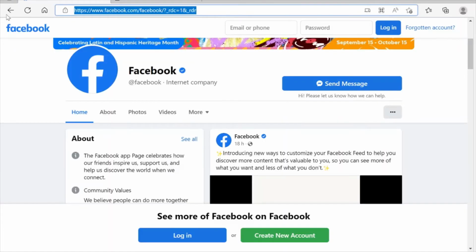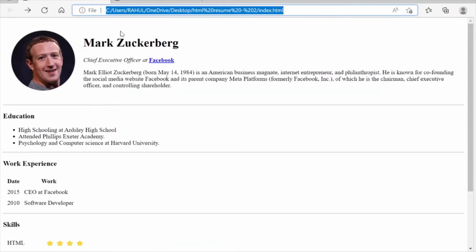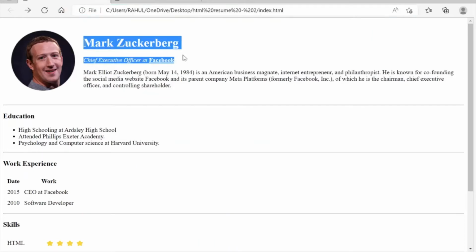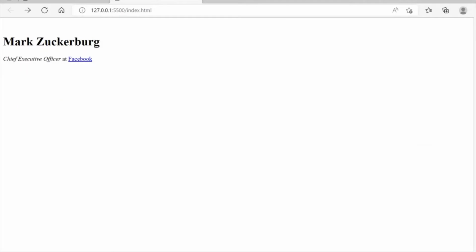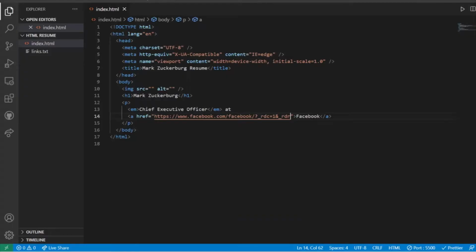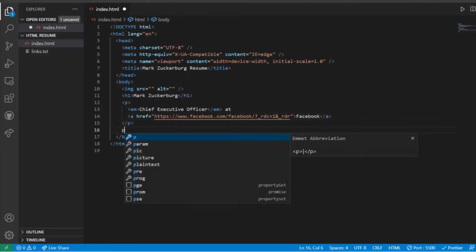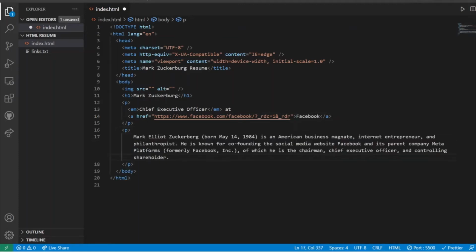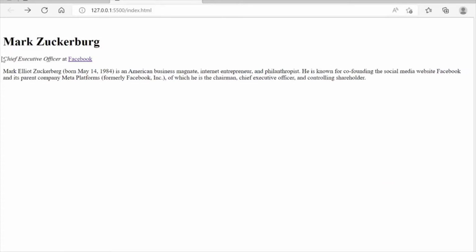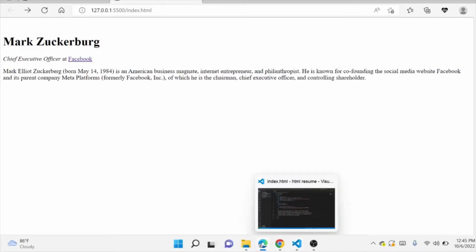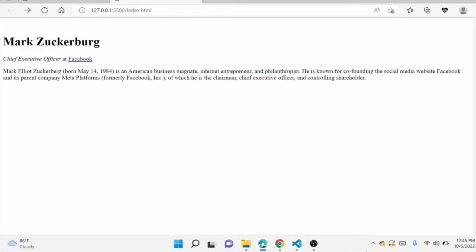So basically, let's go back to our actual site. We have achieved this thing and these things. The first two lines we have achieved. Now let's add this introduction section. This is a basic introduction section. Let's achieve this. What we are going to do is add another paragraph after this paragraph tag, and we are going to put the content of the brief introduction there. Let's see. You can see the paragraph is now visible on the site.